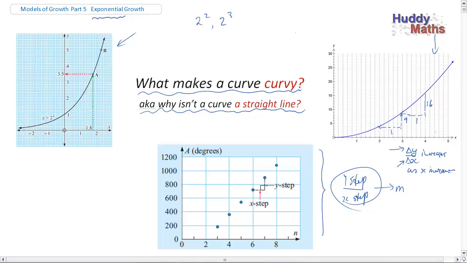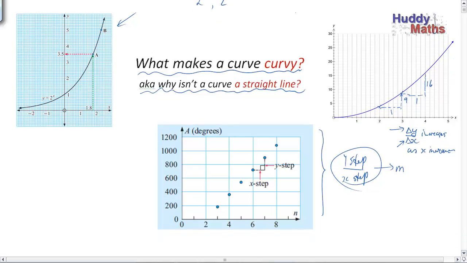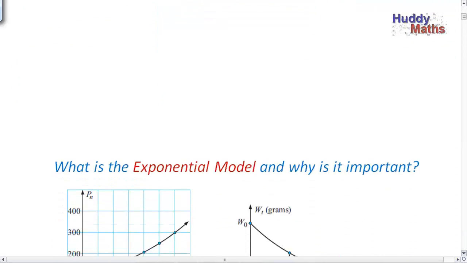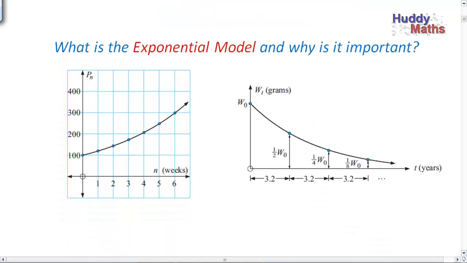That's important. What we want to do now is to investigate that sort of function and then see where it's important in modelling. And here it is first of all. What is the exponential model and why is it important? Okay, well first of all, we can see the graph was a fairly steep one, the exponential model, but we still don't know what that is. But we'll answer this question first. There's a lot of things that go up in life like that. This could be a population of mice or something in weeks, and they multiply. They go up rapidly. The more there are, the more you will get,